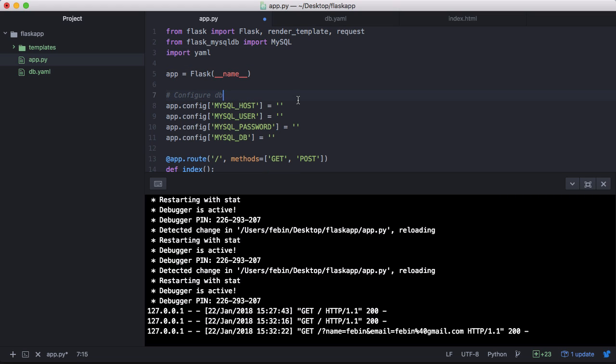And then we need to import our file called db.yaml. So let's store all the details in a variable called db and then load the YAML file. So that would be yaml.load, and we need to open the file which is db.yaml. So now we have all the parameters within this variable called db, and all that we've got to do is